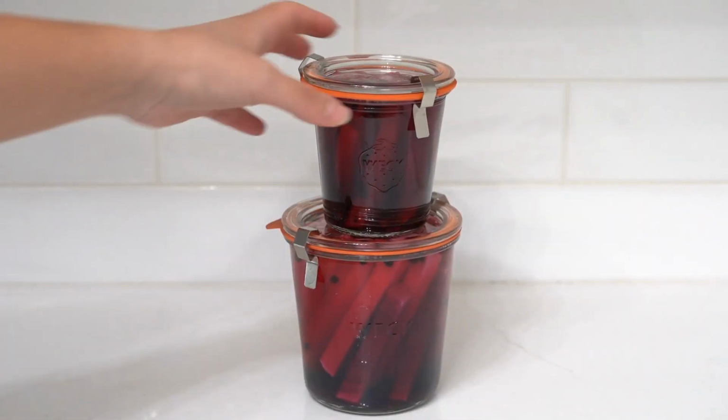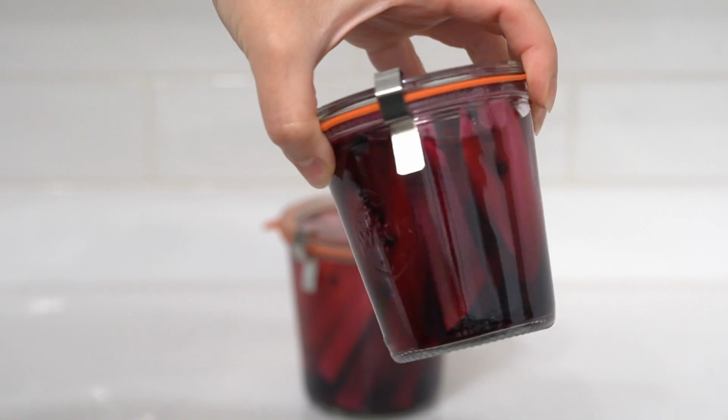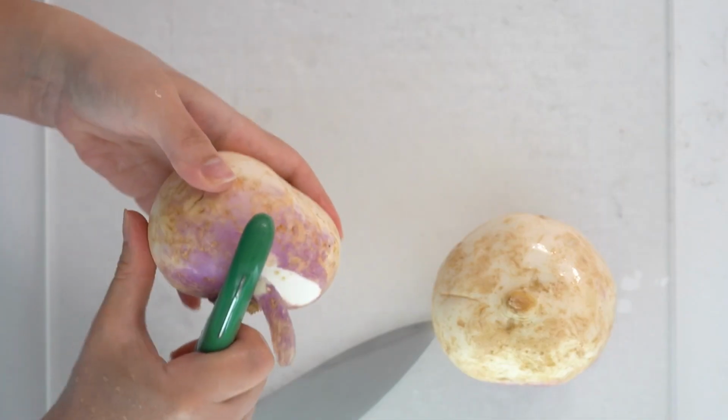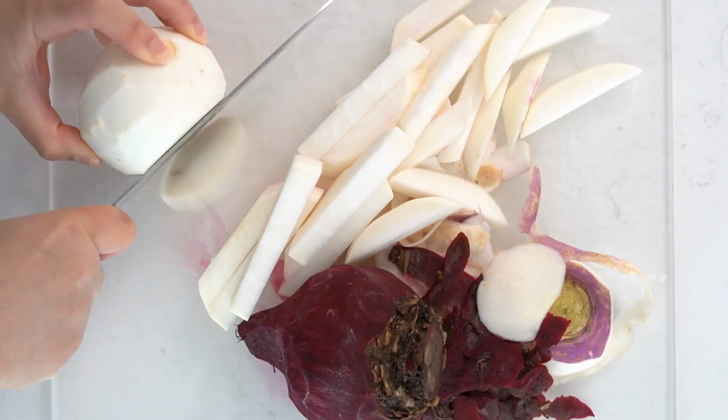This week I made pickled turnips just like the ones I get at the Syrian food truck in my city. Pickles are just one of those things that feel so impressive to make from scratch, but they're so simple. So for this recipe, we're using a couple turnips and 1 beet to give the whole thing that beautiful pink